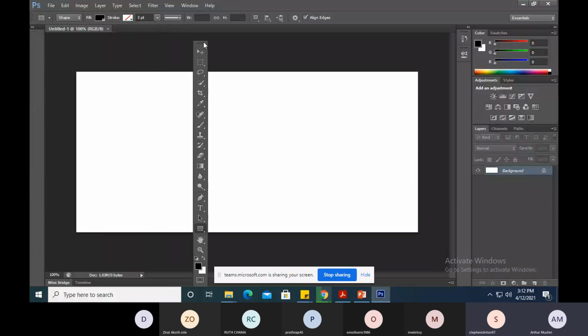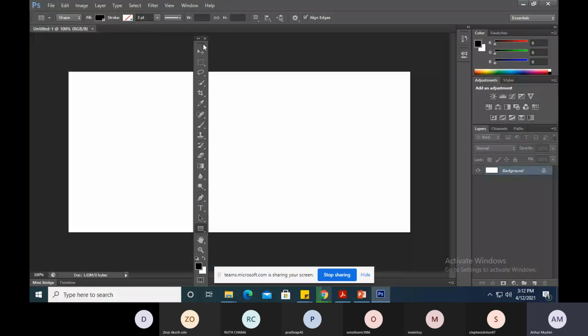The tools are here, and I've said that tools are divided into categories. As you can see, there is a separator. The first section, you realize there is a line. This line is usually called a separator. It separates the categories. So the first tools are called selection tools. Then you go to the next category. You usually call them the resolution tools. Then after the separator, you find these other ones. These ones are called the drawing tools. And of course, there are others, the zooming tools. They are right here. And then, of course, you have the coloring tools at the bottom. We'll be using them to do our various